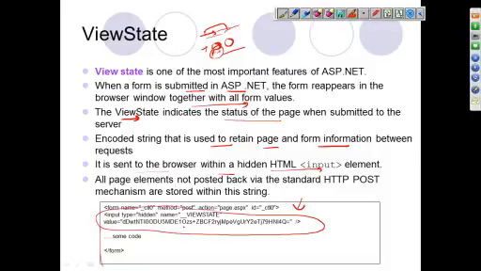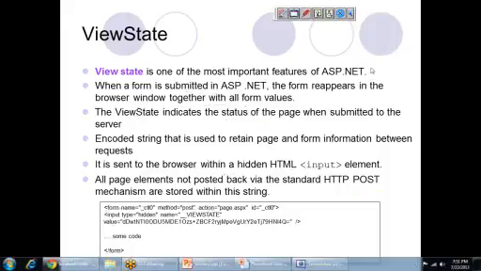The server has sent it so that your browser can read it and put the values back in the controls accordingly. View state is a name and value pair. For the entire page state, it will be just underscore VIEWSTATE. For control specific state, it will be something like CP1 underscore VIEWSTATE and then an encoded string.